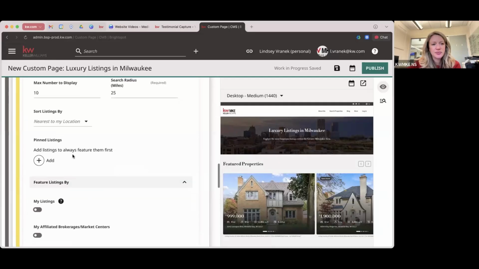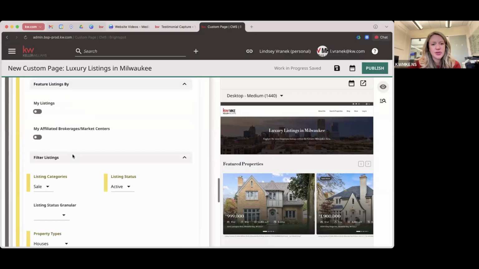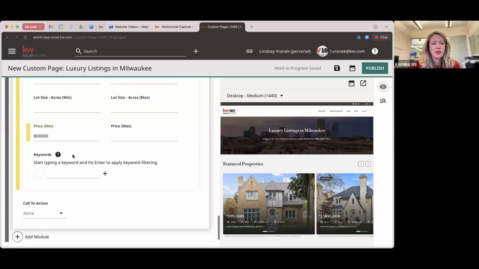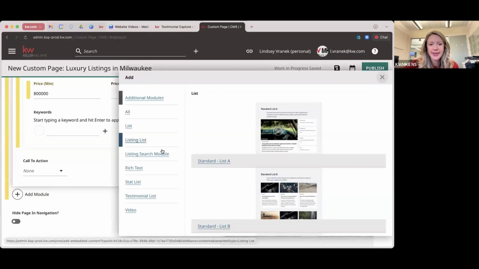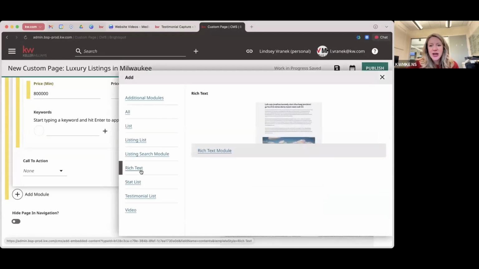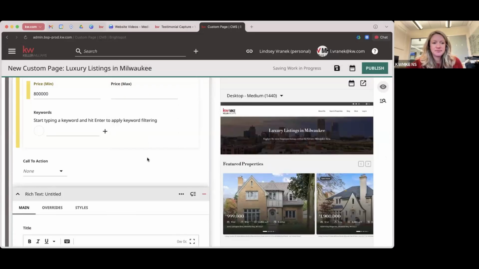All right. So again, that module is very similar to what we looked at for the homepage. And if you wanted to add anything additional underneath, same thing, just add module. If you wanted to add, let's say, a text box and write some more information in there, the text box is also really nice too, because if I add that in,